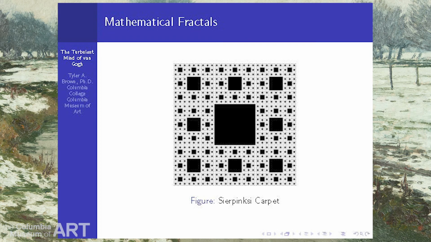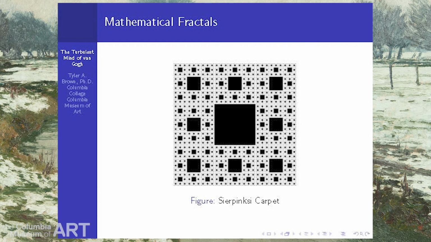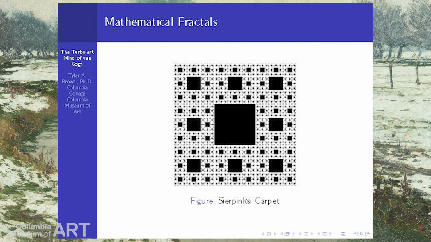You also have the Sierpinski carpet. Who'd like that in their dining room? So this is generated by taking a large square, this big white thing here, and then putting a big square in the center and surrounding it by these smaller squares. And then for each of these smaller squares, you do the exact same thing, and then for those smaller squares, you do the exact same thing, propagating ad infinitum. So this is a fractal as well, mathematical fractals.